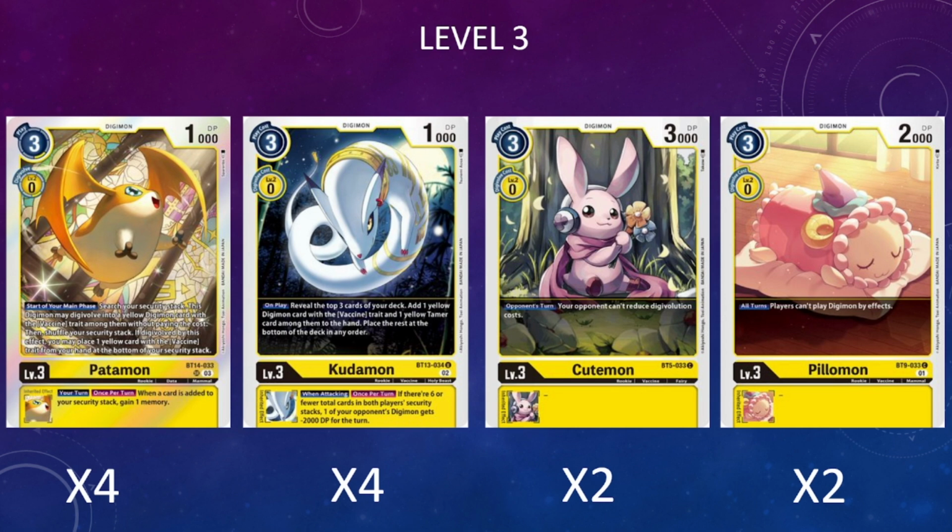If there's 6 or fewer cards in both players' security, it's just a simple minus 2000 DP for some nice added removal. And then the last rookies could kind of be whatever you feel like you want it to be. I'm just going to be running some floodgates just to slow my opponent down,